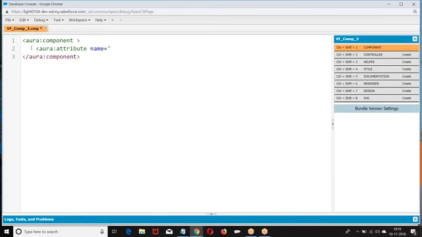Name equal to... So what should I do? A value, type equal to teacher.